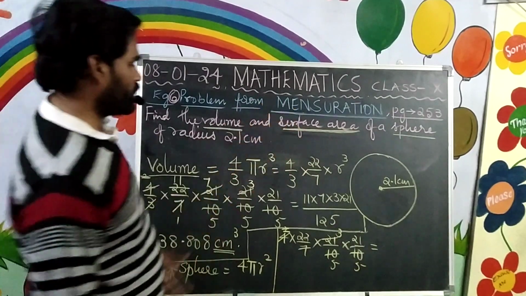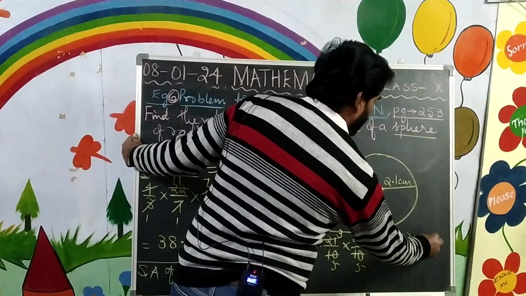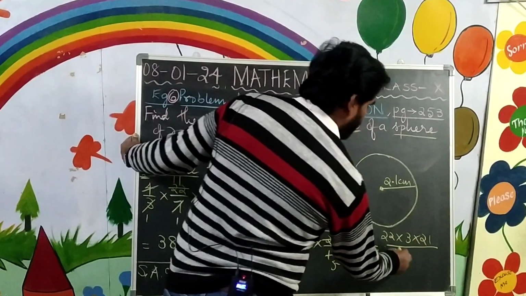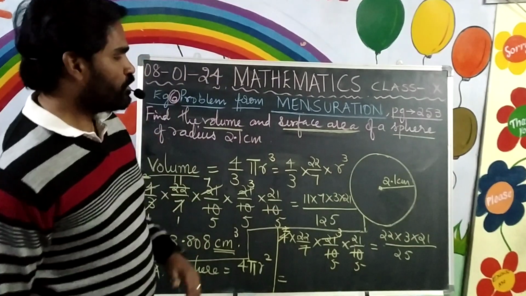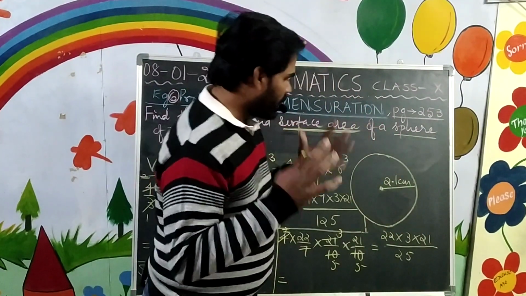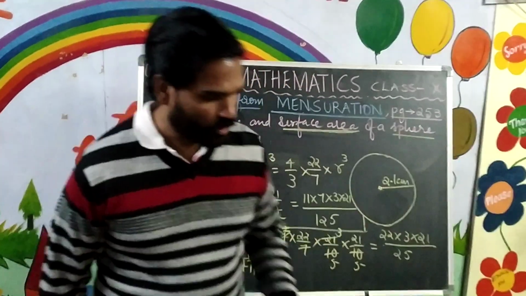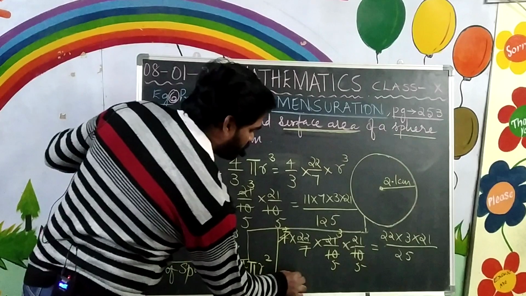That's it. You need to just multiply the numerators 22, 3 and 21. Multiply the denominators 5 into 5, 25. So what you have to do by yourself is just multiply these values. You would get an answer. That answer divide by 25. I hope that minimum thing you can do by yourself. After doing it, finally you would get